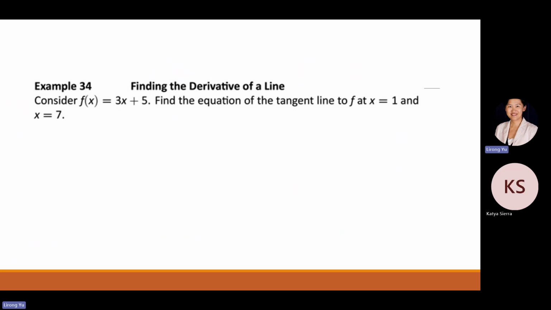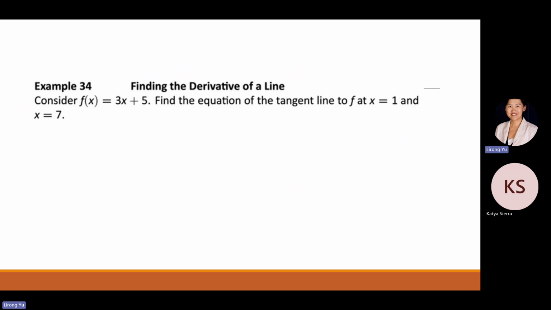So the derivative has a lot of connection with slope, and slope has a lot of connection with direction. When you say something has a slope of a certain value, you're saying the function is going in that direction. If we think about the equation of a line, there are two components. First, you have to know the position, like where the line is located. Second, you have to know the direction of the line. In this case, the 5 determines the location at 5 on the y-axis, and the 3 says that we're not going this way, we're going this way. So if you want to graph it,